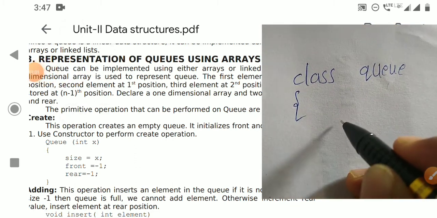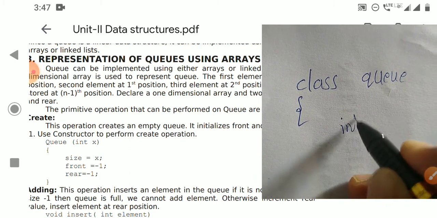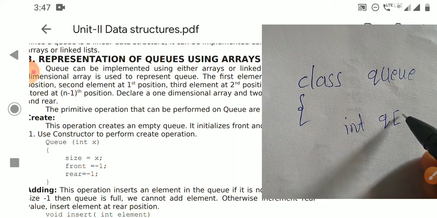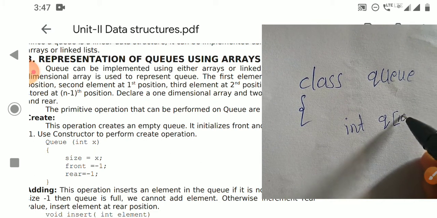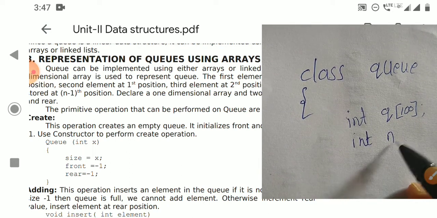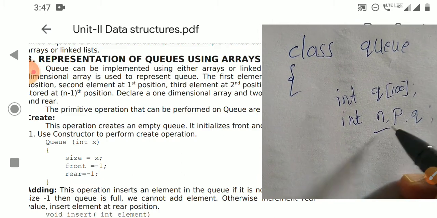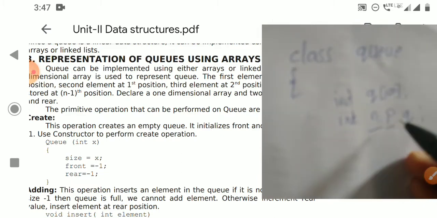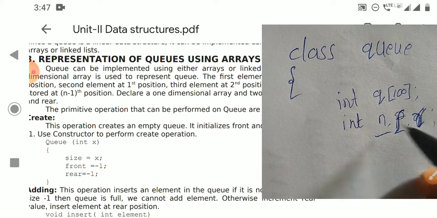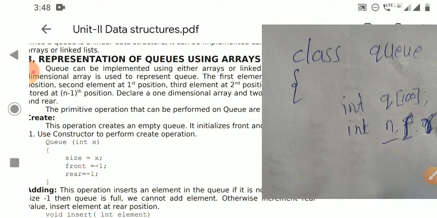In the private section, we declare an integer array q, with size, for example, 100. Next I require the variables n, f, r. Here n is the size of the queue, f is the front value and r is the rear position.